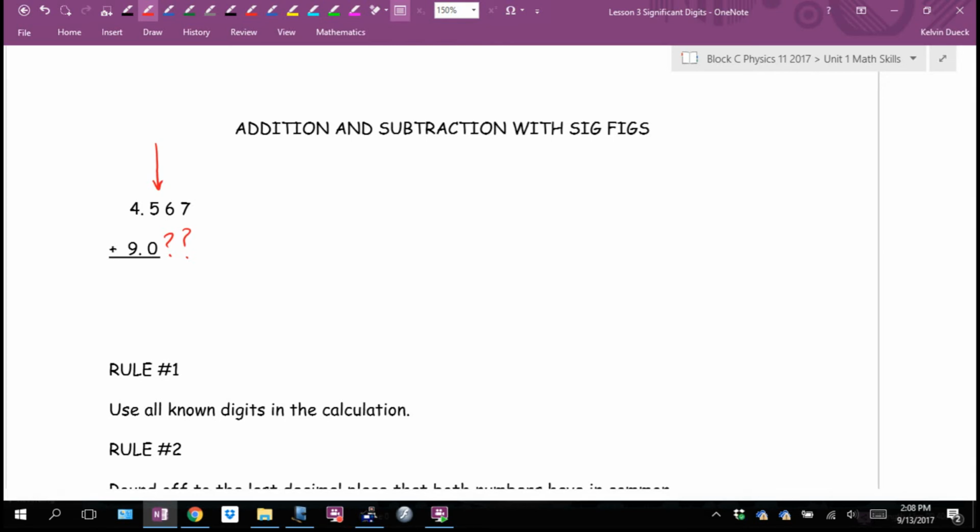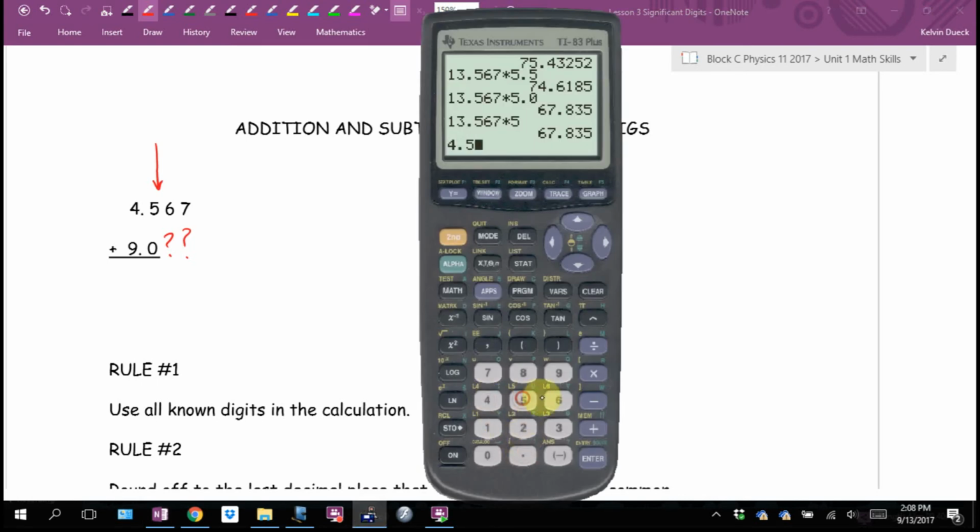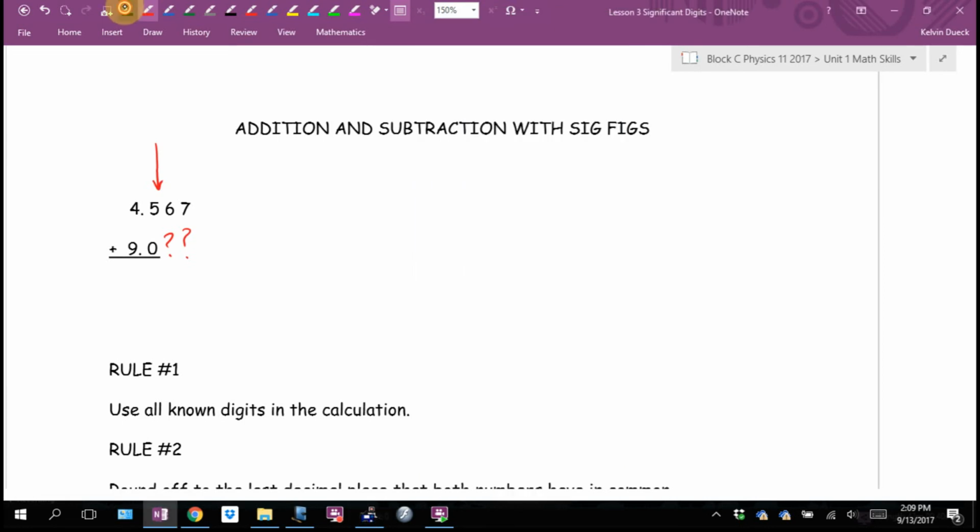Am I going to round off before I go to my calculator? So I'm going to go to my calculator. 4.567 plus 9.0. I probably didn't need to type the 0, but had there been a digit there, I still would anyways. I get this. I don't care how many sig figs there are. Instead, this first column, 1 decimal place, that's what I'm going to round off to. I'm going to round off right to there. 1 decimal place. Is that 5 going to stay a 5 or become a 6? Look at the next one over. Final answer is going to be